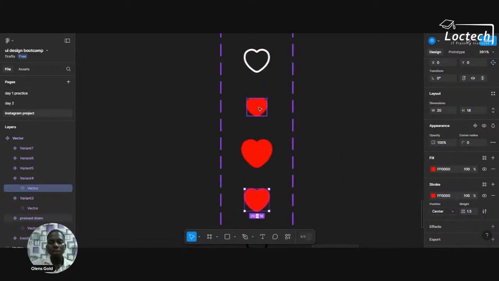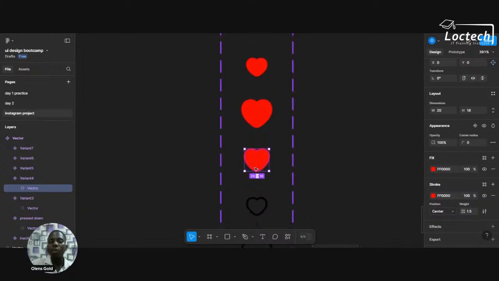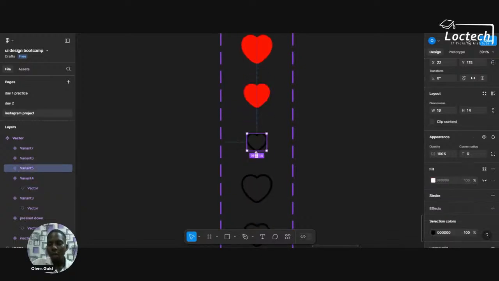You click down, it shrinks to a smaller size, bounces up, and then returns to the original size. That's the goal. That's the animation. The original state is now changed to red. So what if someone wants to unlike what you have liked? The animation repeats itself again, but this time around, instead of transitioning from white to red, it transitions from red back to white. So what I have to do is now click on this one, change the color